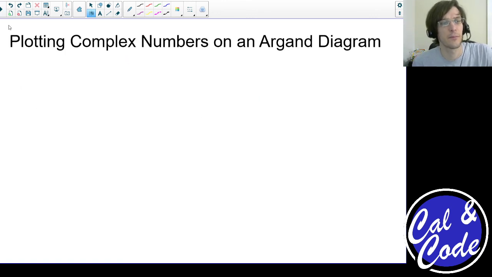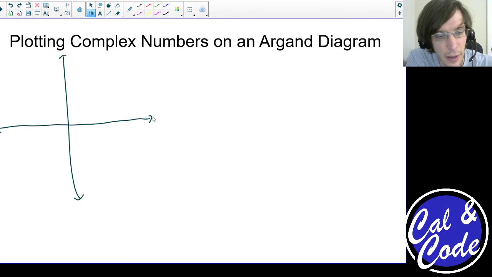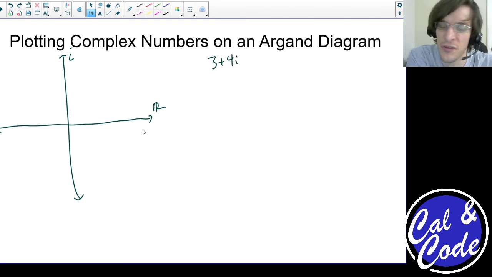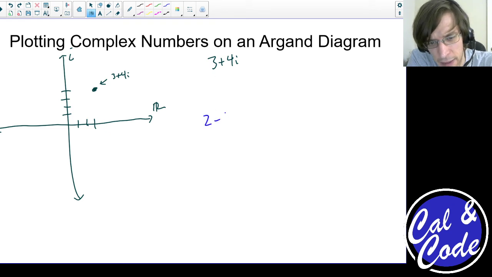Alright, there's only one more real big thing that I want you to know how to do, and that's how to plot complex numbers on an Argand diagram. To do that, you need to know what an Argand diagram is. Here it is. An Argand diagram has a real axis and an imaginary axis. So if I want to plot the point 3 plus 4i, it's just a visual way of representing complex numbers. I would come 3 out in the real axis, 4 out in the imaginary axis, and then that is my point 3 plus 4i. If I wanted to plot something like 2 minus 6i, then I'd come out 2 and